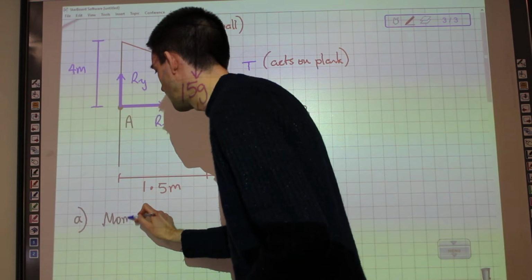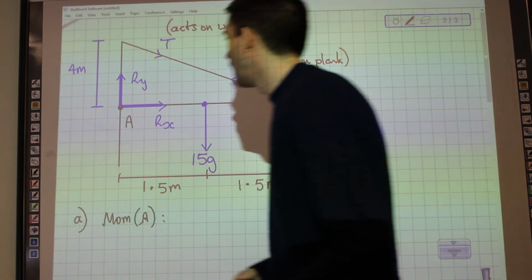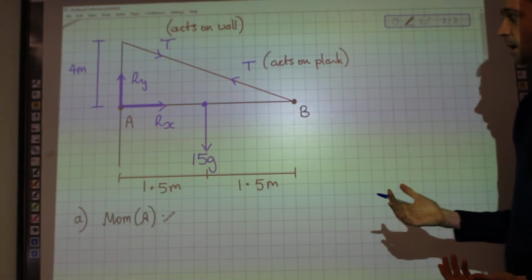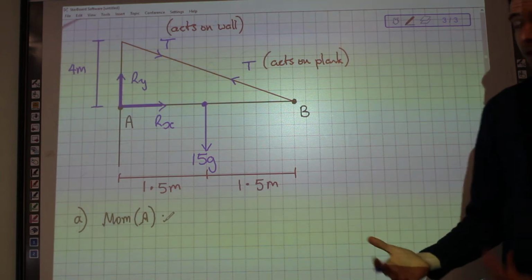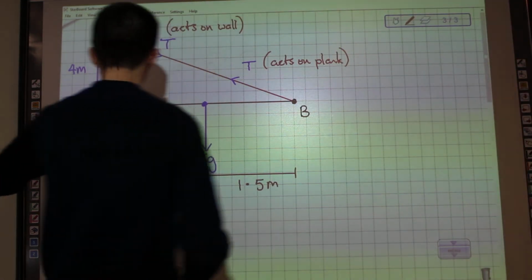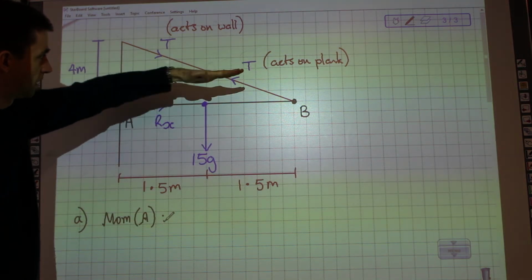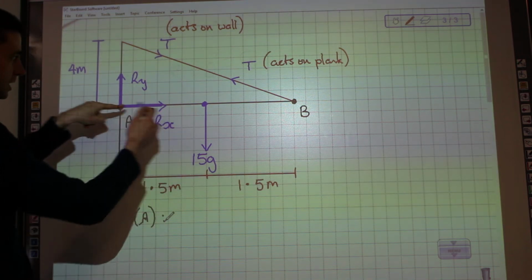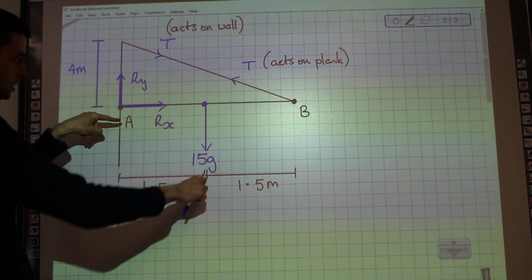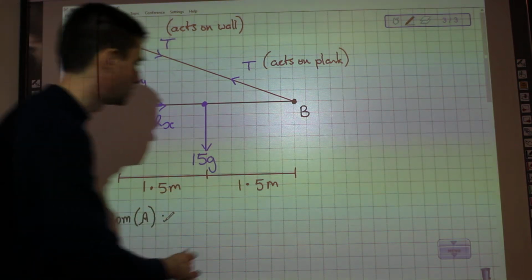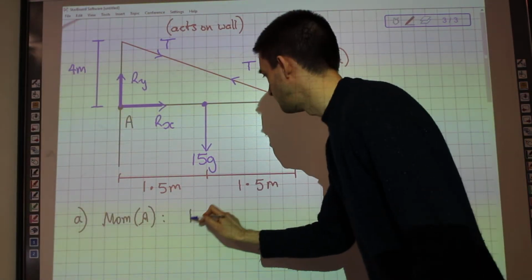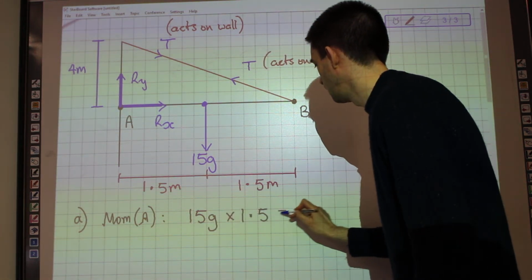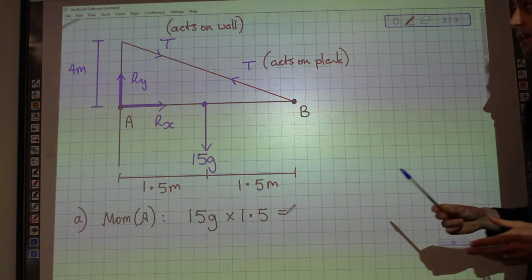So if I take moments about the point A, I need to consider which forces are trying to make the beam, the plank AB, rotate clockwise about the point A. So there's the point A. Which forces are trying to make it go clockwise? Well, this 15g is trying to do it, and the perpendicular distance from the line of action of the force to A is 1.5 meters. So I can say that 15g times 1.5 is my clockwise moment, and I'm looking now for my